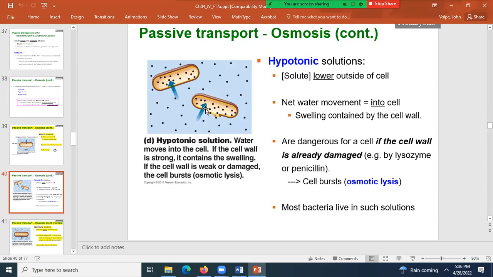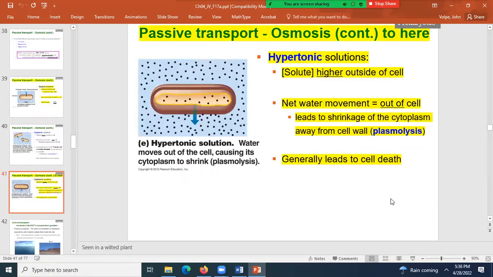Most bacteria live in a solution that is hypotonic. And that's why penicillin G is so effective at killing gram-positive cells. Any question about any of that? All right. A hypertonic solution is when the concentration of solute outside the cell is higher than the concentration